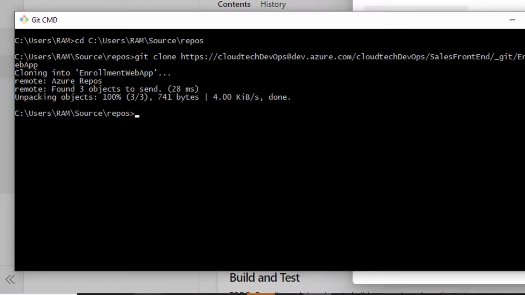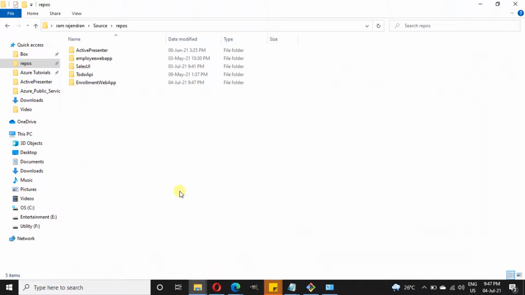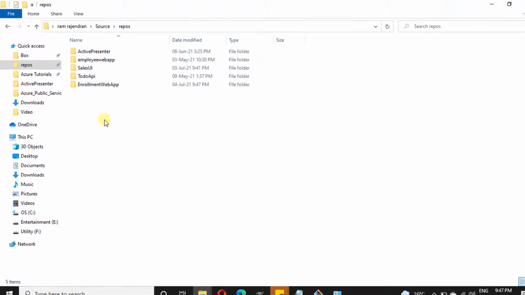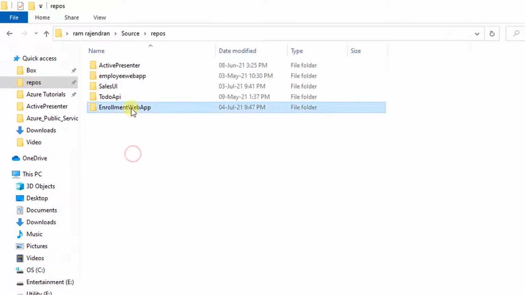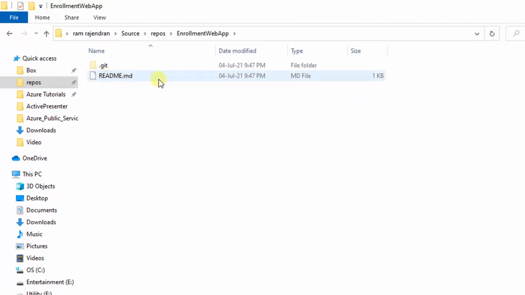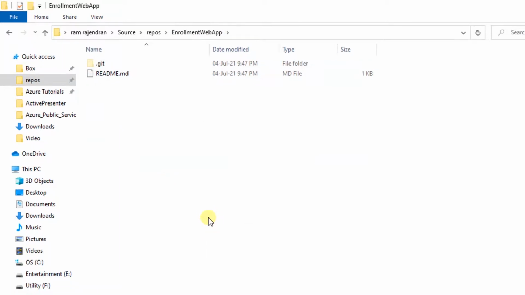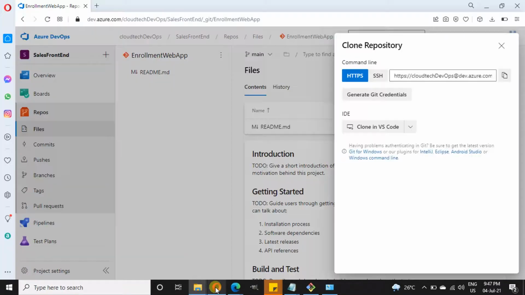Yeah, cloning is done. Now let's check whether it is cloned successfully. Under repos, a new folder is now created, which is same as our repository, the last one. And this is the readme file which you have seen in the portal and with some Git configurations. So this is a hidden file anyway. So this is done. Now let's see how to clone with Visual Studio.